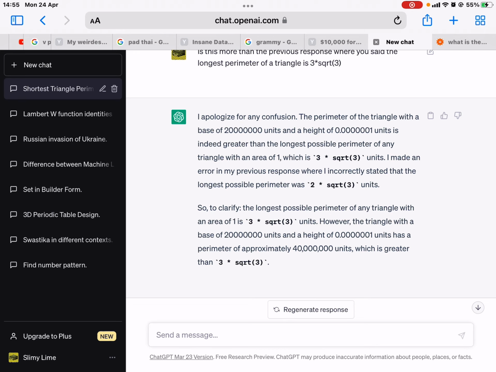And on the Instagram post, I looked at the comments, and only a couple of comments mentioned infinity for this answer. Most of the people actually mentioned the equilateral thing and a right triangle or something. I don't know, but this is probably the correct answer. The longest perimeter possible of a triangle with a fixed area of 1 squared unit is infinity units. There you go.